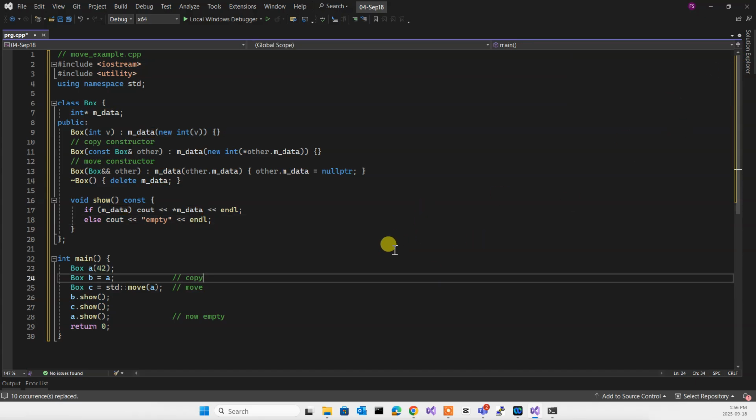So essentially, when I'm creating at line 9, I'm initializing the data with a new integer and put the value in it. That's a regular constructor. With copy constructor, I am initializing M data with a new integer that is a copy of the other data. Therefore, that's copy constructor. With box, with move reference over there with other, I am initializing M data with the content of the M data of the other, which means they both point to the same address. Then I make the data of the other one null, hence moving. That's the difference between moving and